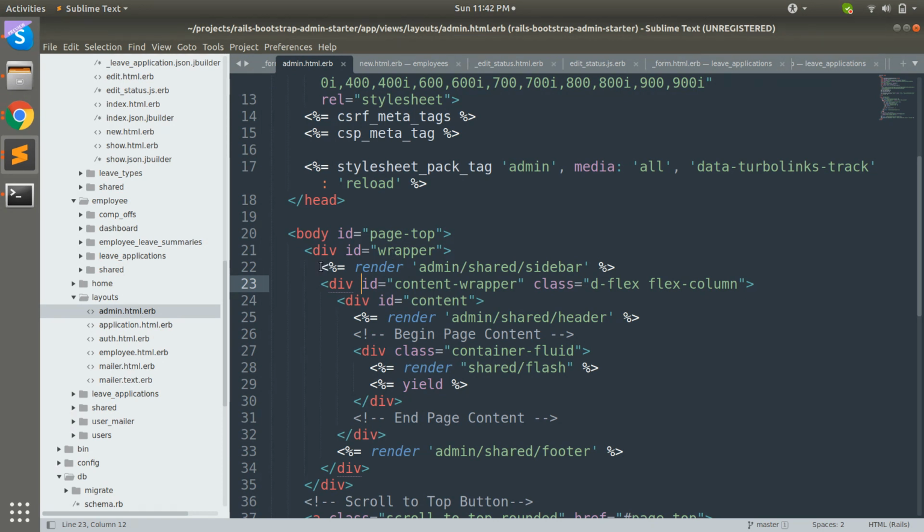So you can see that I have used this sidebar partial, this admin shared header partial, the flash partial, and the footer partial. This is the importance of partials: we can avoid writing repeated or common pieces of view code on multiple templates.